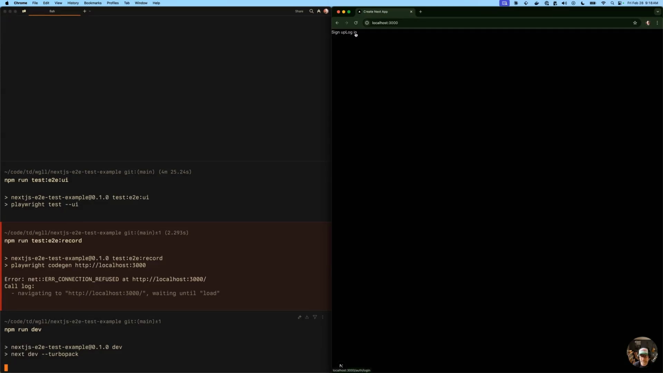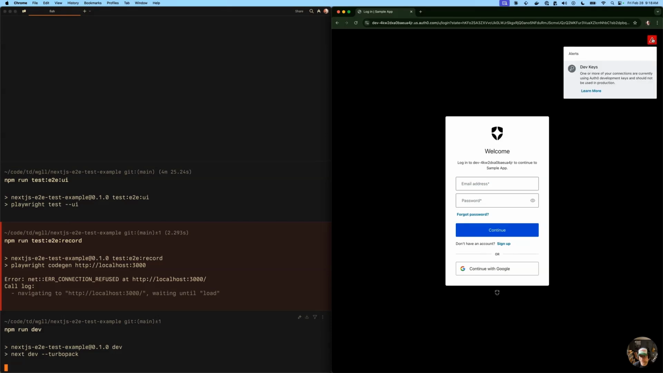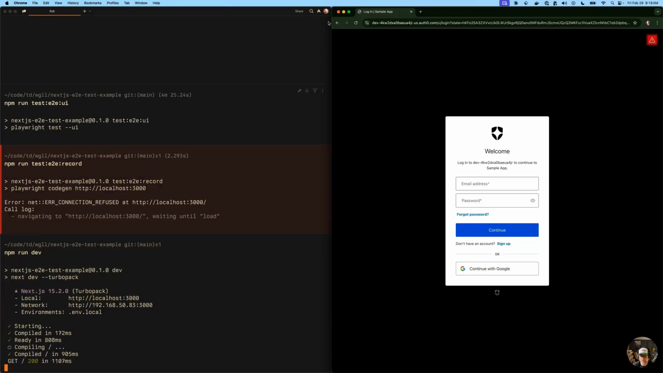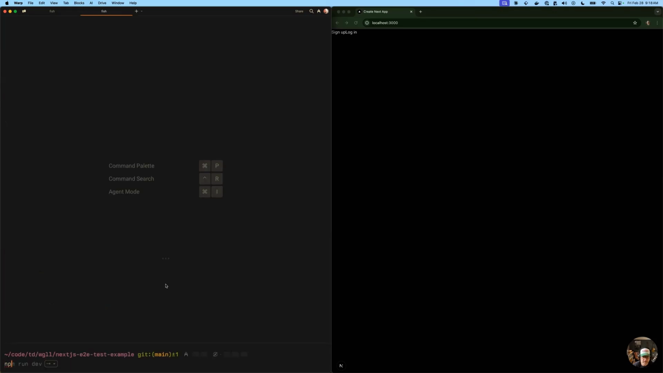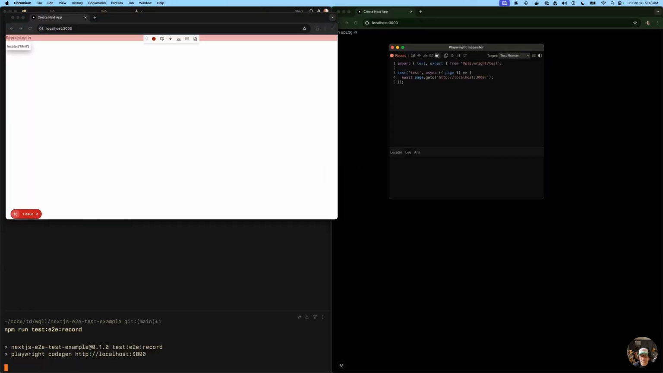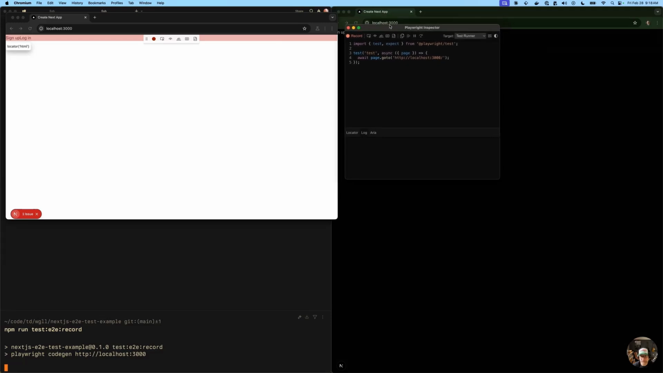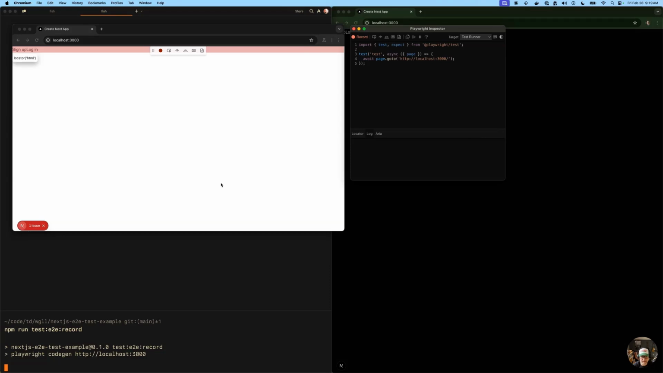Here's my page, and I got the login method wired up. I've got my Auth0 app configured. Oh, that's just a normal warning from Auth0. Okay, cool. So now that I have that, let's open up another one, and we'll do npm run test e2e record, and we should be good now. There we go. All right, so now I'm in like a step debugging recording mode using the Chromium instance that